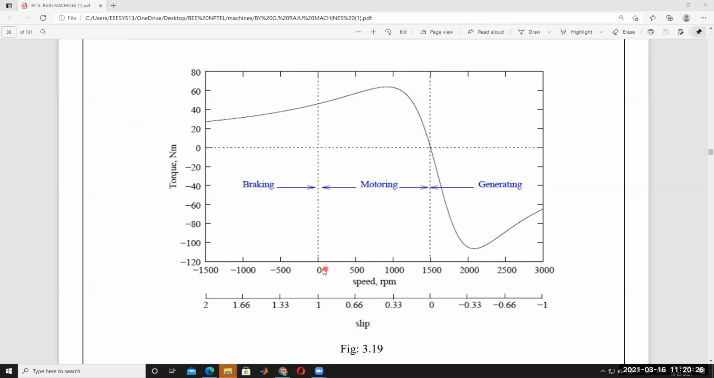So slip changing for motoring mode from 0 to 1 is like this, with speed in RPM. For generating mode, rotor speed is more than the synchronous speed. Braking mode also is like this. So this is called the torque slip characteristics of a 3-phase induction motor. Understood? And then next,